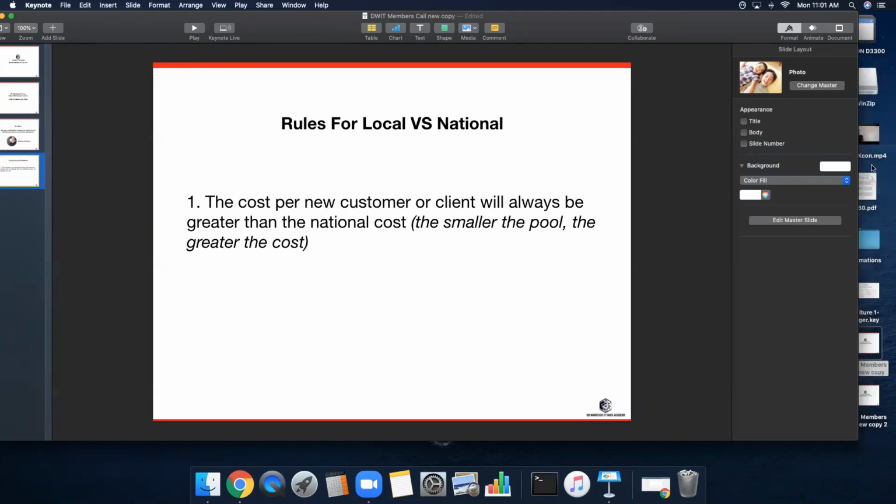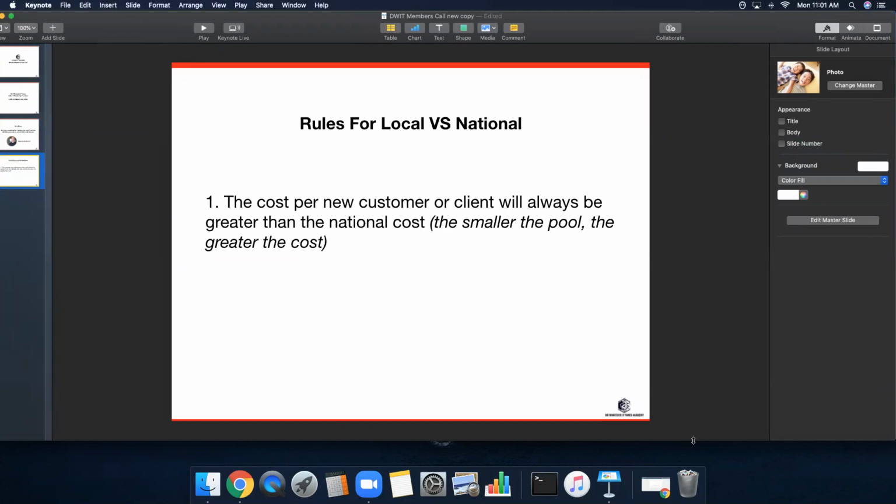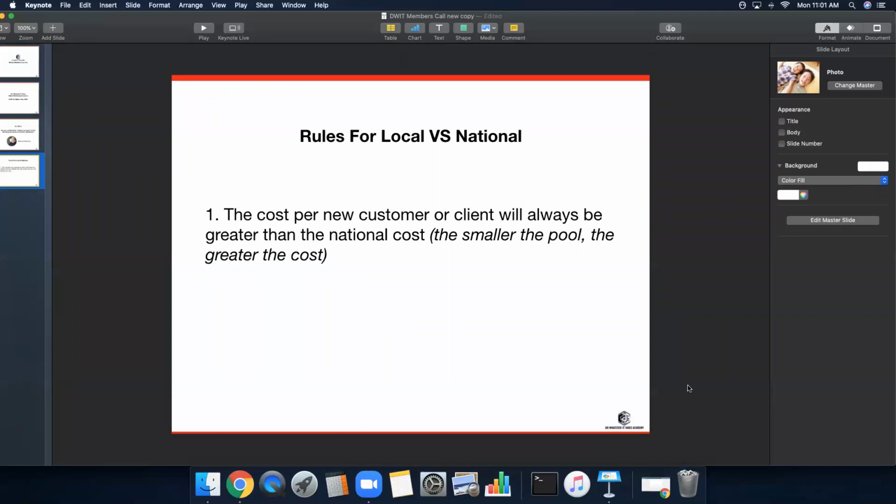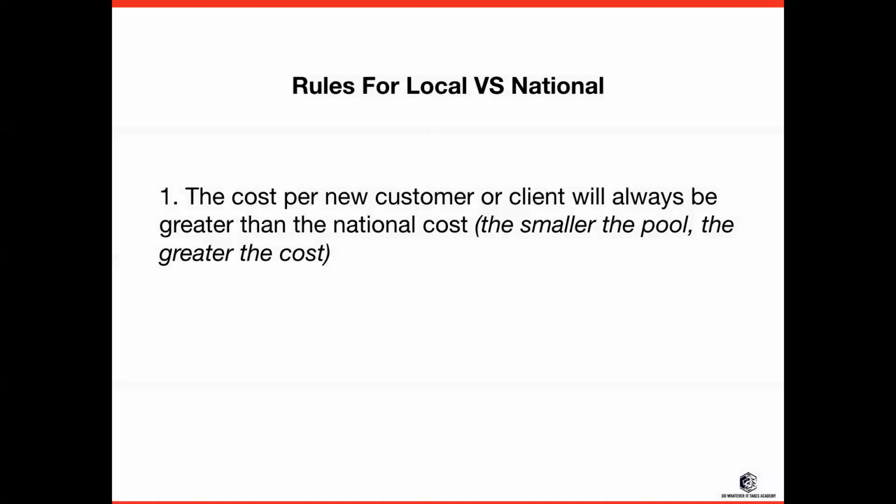Let's get into one of the things I like to really start off with, which is when you're thinking about your market, and what you're going to sell, your service, your product, or whatever it is for clients or for yourself, the general rule is that you need to understand the difference between local and national markets. When you're looking at a market of, let's say, 1 million people, and you can use this as a national based service, maybe millions of people, hundreds of millions of people possibly, you have to understand you're going to get a better price than somebody who's working with a business that can only serve foot traffic that lives within 3 miles of that specific location.